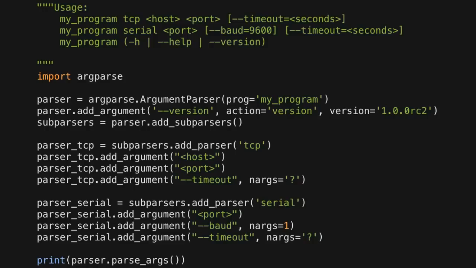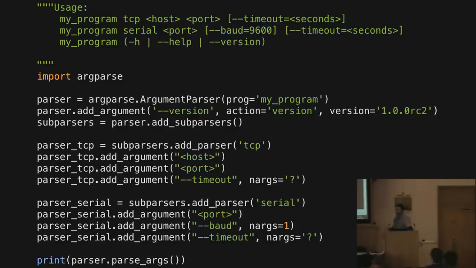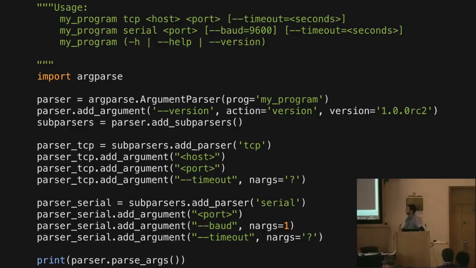The biggest problem that I experienced with both argparse and optparse is that I can never get it right. If I do a one-off script and try to do something quickly, I never can do anything quickly because I don't remember the defaults. I don't remember the names of the methods. I can never remember that. So every time I did a script, and I did a lot of those, I needed to look up documentation